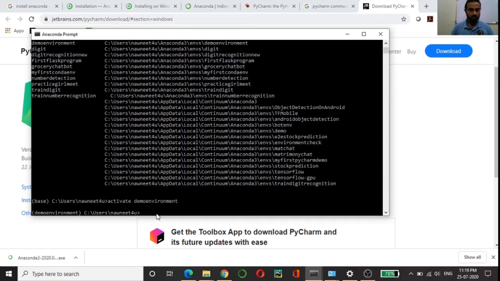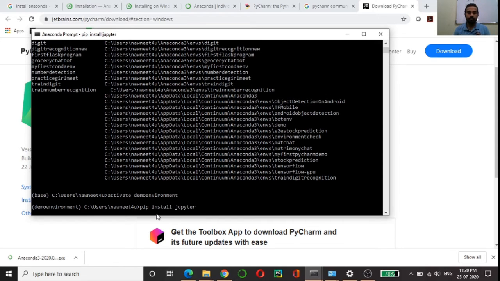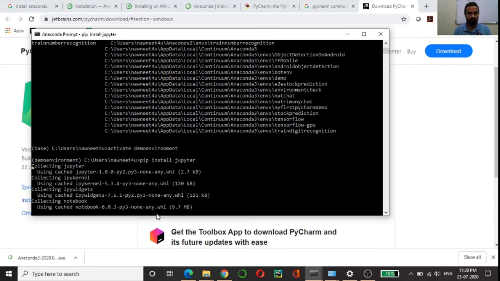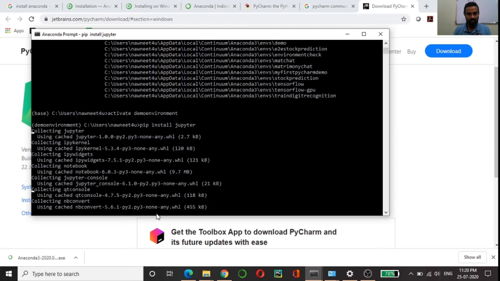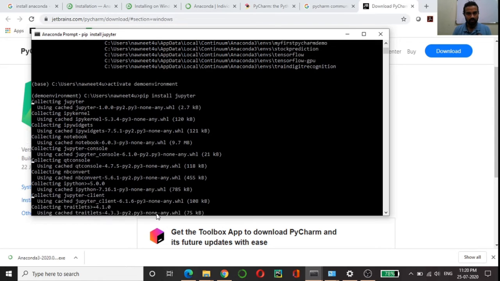Now we are going to install Jupyter in this environment. So the command for that is pip install jupyter, and as you can see, it has started to install Jupyter.